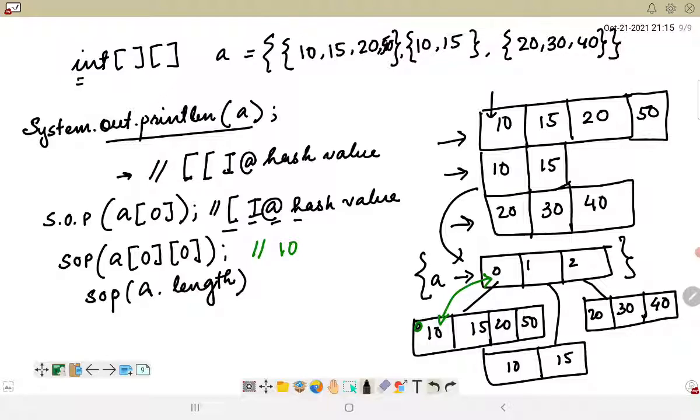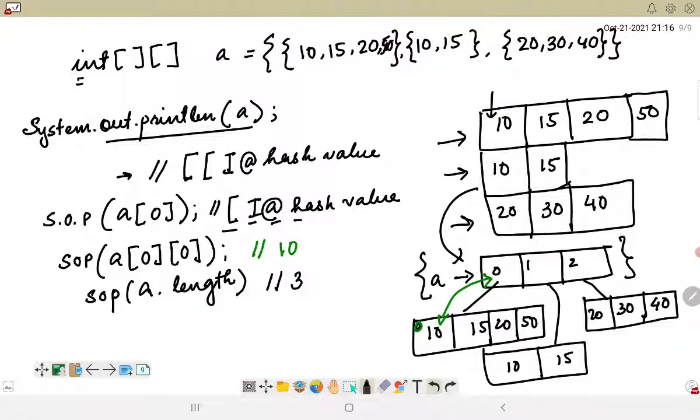So this has 3 indexes in which 3 different arrays can be saved or implemented. So here a dot length will give me the output as 3.